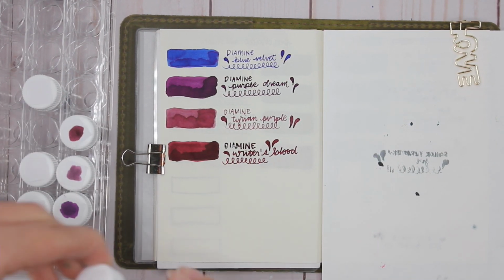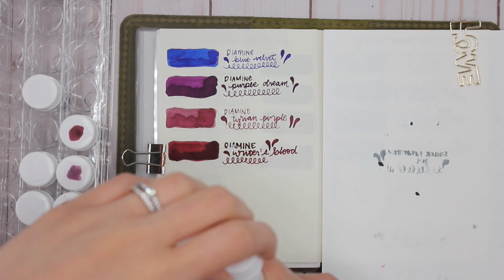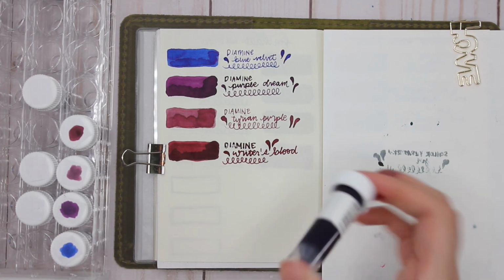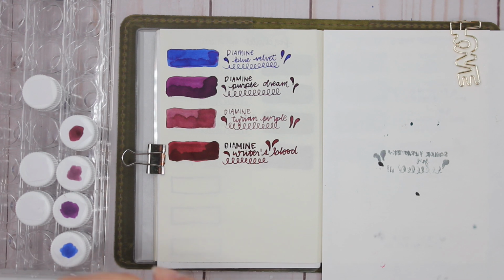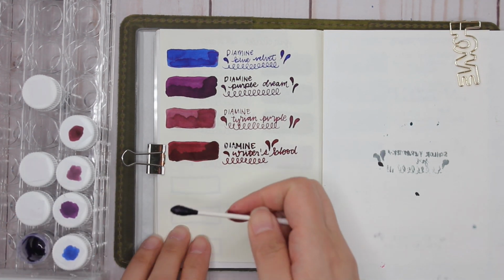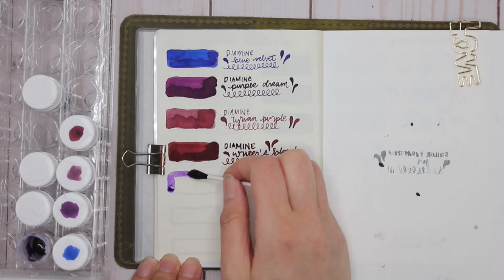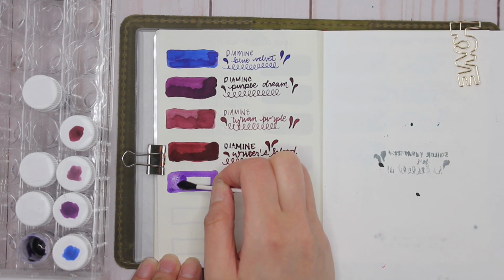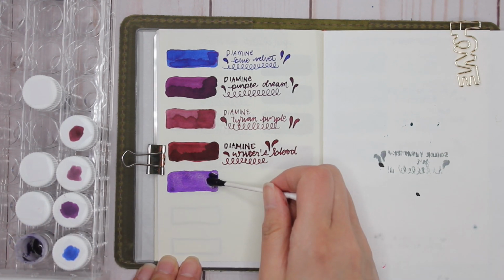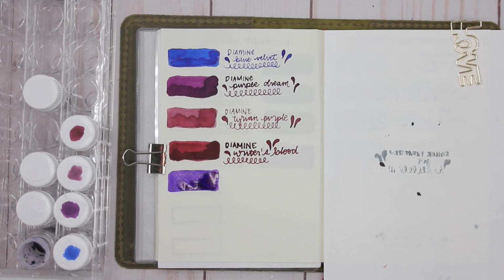Let's move on to this one here, Colorverse Hayabusa Glistening. I've never heard of this, and I need to shake it a bit because there are shimmering particles in here. Ooh, interesting color already. Look at that shimmer. Oh my goodness. I'm very surprised actually at this ink. Look at that shimmer. So that's Colorverse